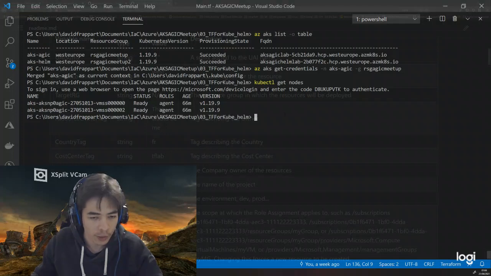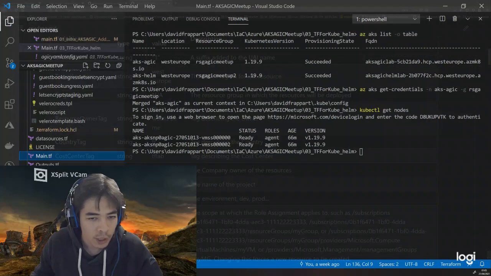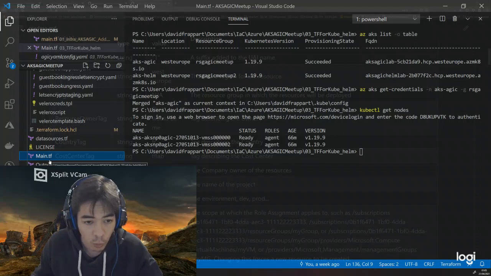Okay, I'm connected. It did take some time. Now let's try to deploy a few applications with application gateway. There are many things that we can do with application gateway as an ingress controller. What I will do is deploy a simple application with a certificate from my application gateway. So I do have that.